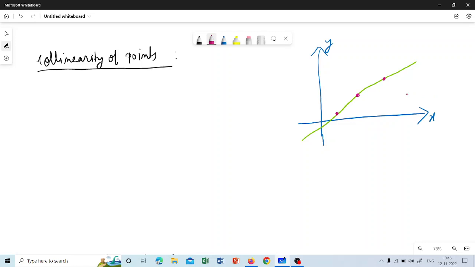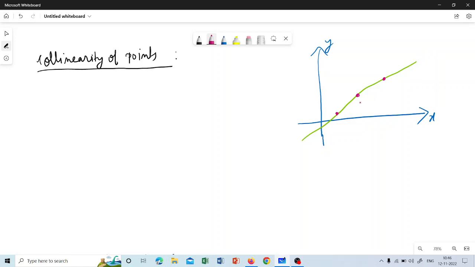So then I can say that if these 3 points lie on the same line, they are collinear points. Why? You know that definition of collinearity. This is simple because if there are so many points and they lie on the same line, we know that they make a